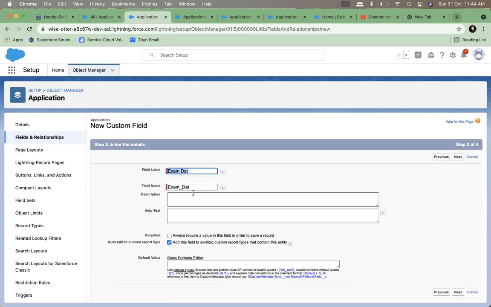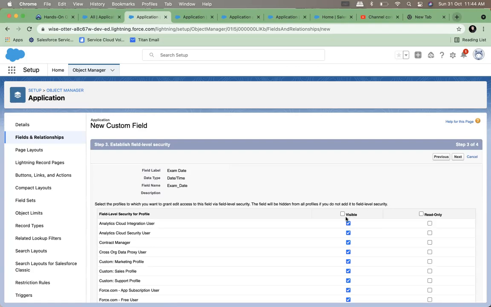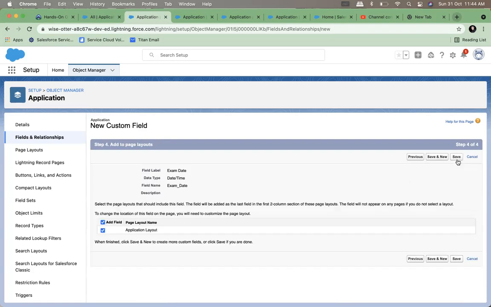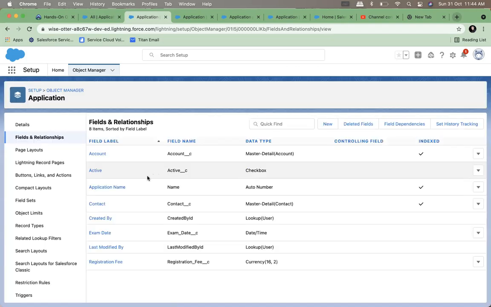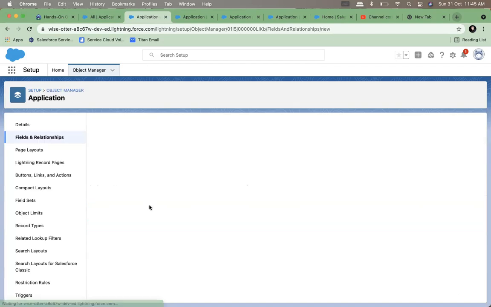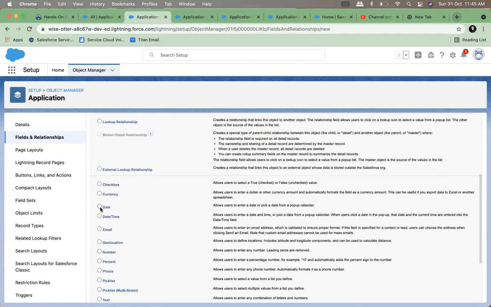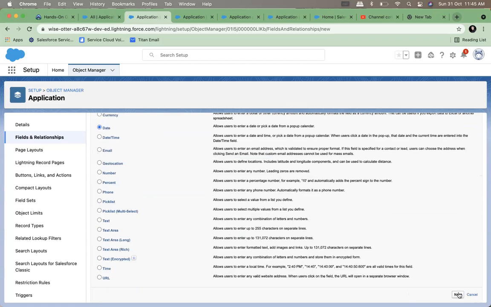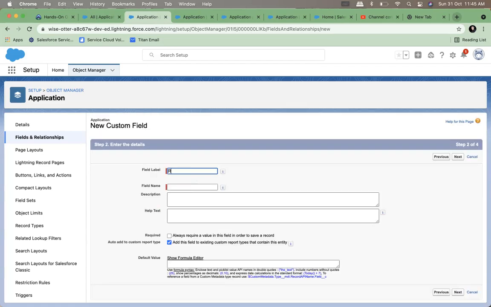So you can say exam date field here. But I don't know when the result will come out, at what time, nobody knows, right? So there is no need to create a date-time field for result. I can create a normal date field if the time factor is not there, and then you create result date.